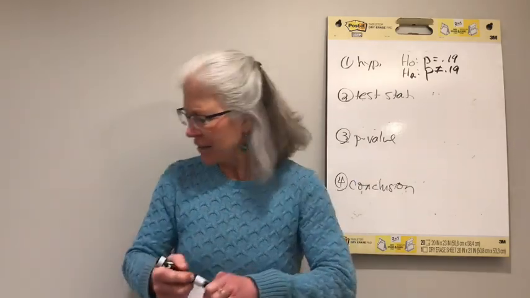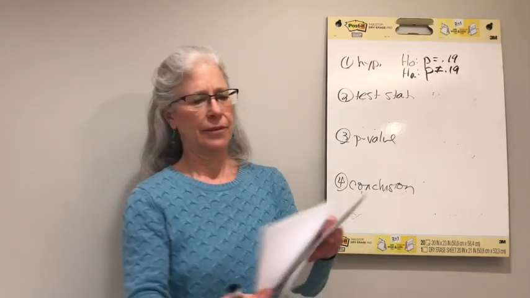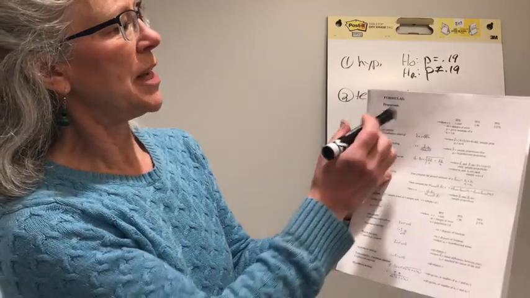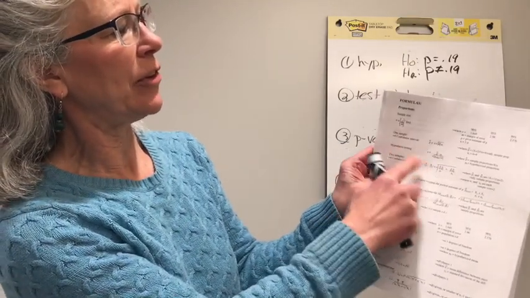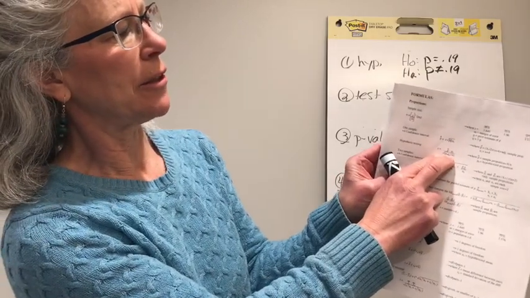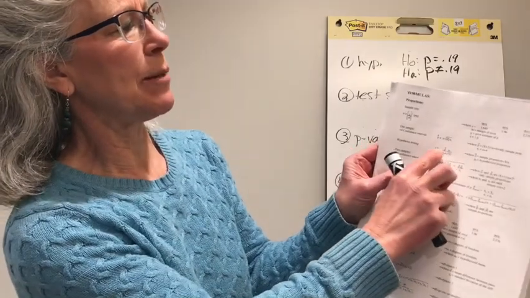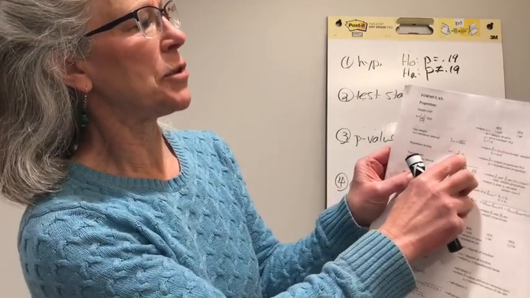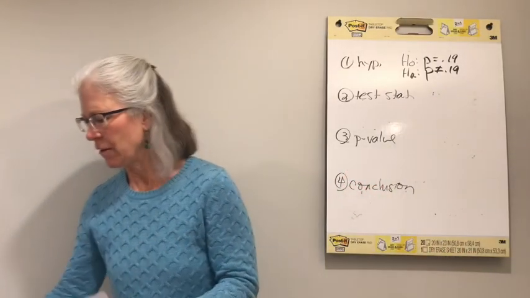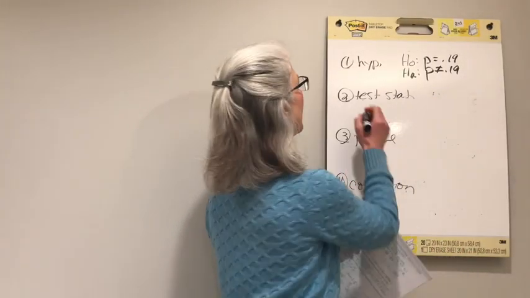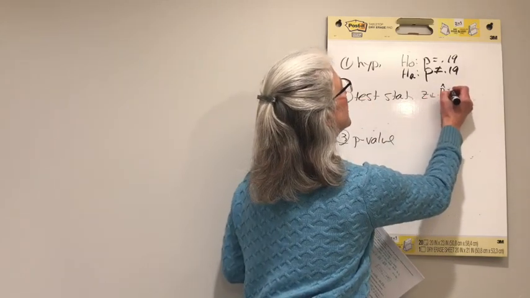Then we need our test statistic. So we're dealing with percents. We have one group of people called for jury duty. We want hypothesis testing. So there's our formula right there: sample percent, without the +4, just a straight sample percent, minus the hypothesized percent, over the square root of that thing. So we're just going to write that down and find a few numbers. So z equals p hat minus p0